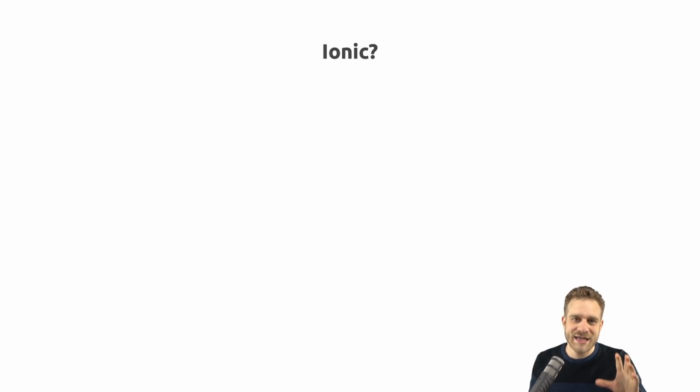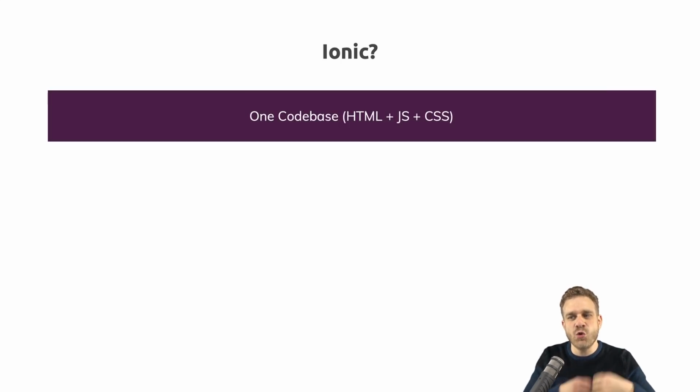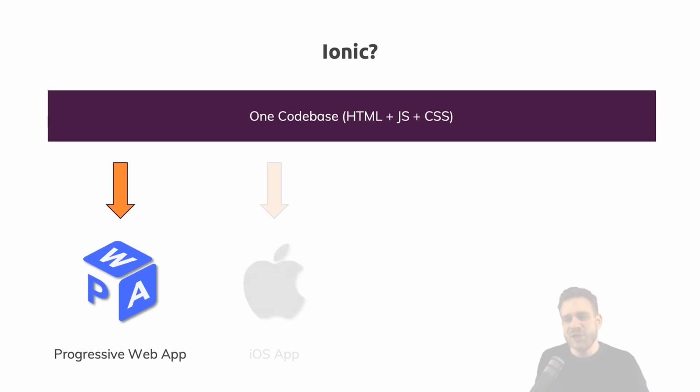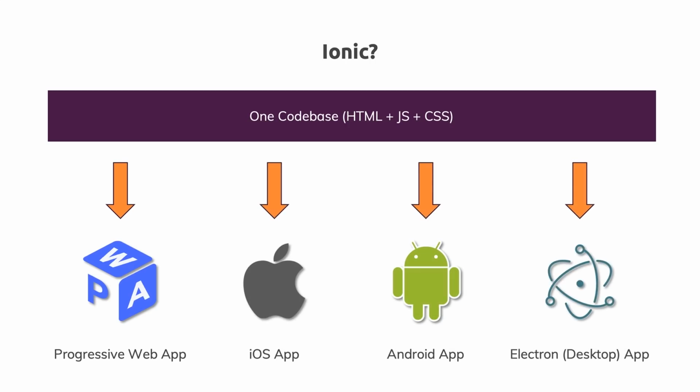Ionic, in the end, is all about having one code base, which is the code base for a web app and therefore uses HTML, JavaScript, and CSS. So what you would use to build normal user interfaces in the web. And you use these tools and these techniques and these languages, which you already know, and take some magic, to which I will come back in the next few seconds, added by Ionic to generate web apps, progressive web apps,